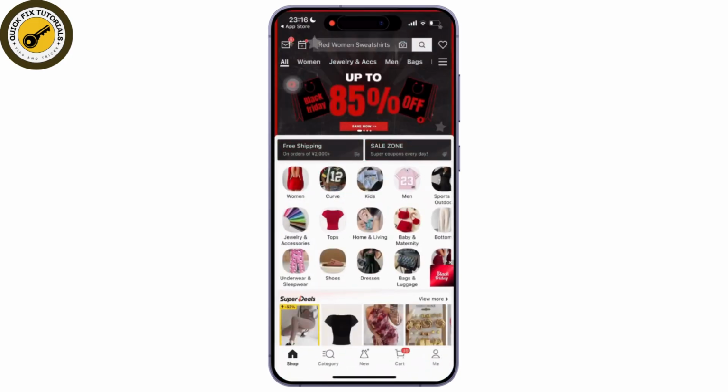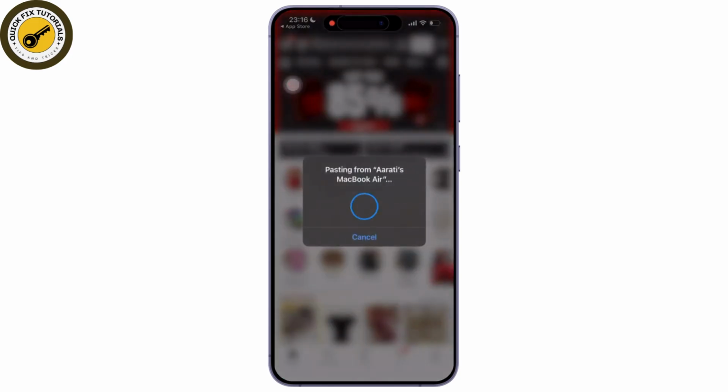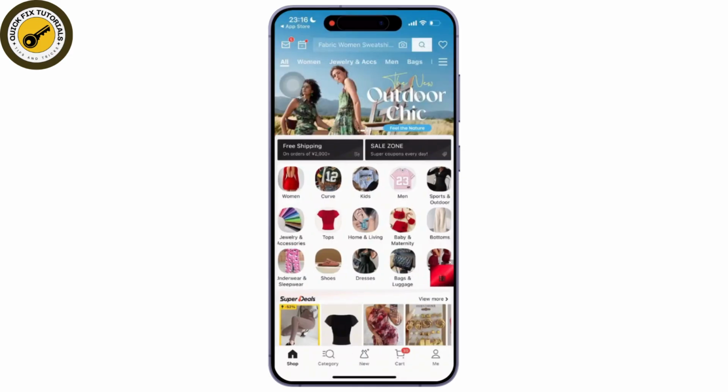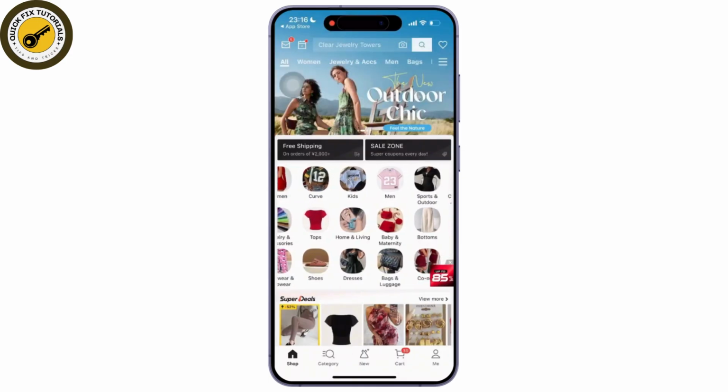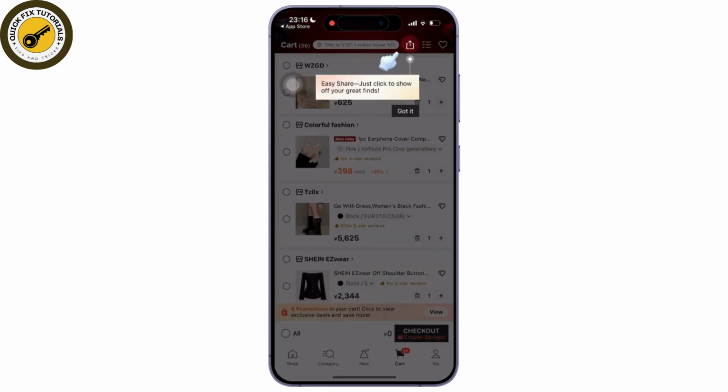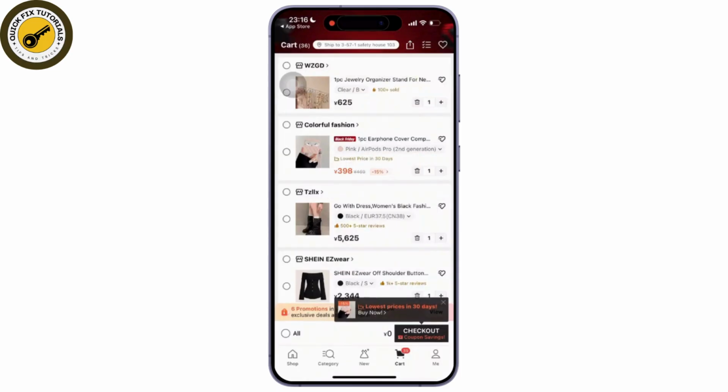Shein account. Once done, browse through the app, and once you have found the item you want, tap on it to view the details and select the size and color, then tap Add to Cart to add it to your shopping cart. Or else simply go to the cart icon at the bottom of the screen to open your shopping